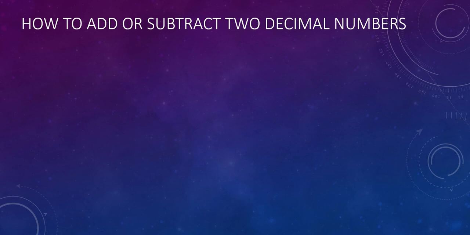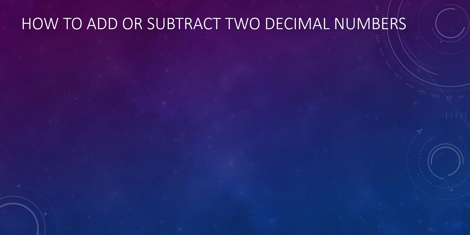What are like decimals? Decimals having the same number of decimal places. And unlike decimals are numbers having different number of decimal places. How will you convert unlike decimals to like decimals? Yes, I think all of you know, by putting zeros at the extreme ends.